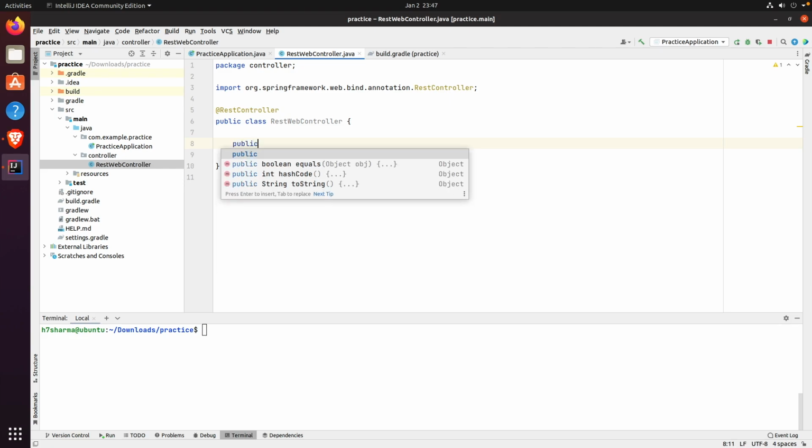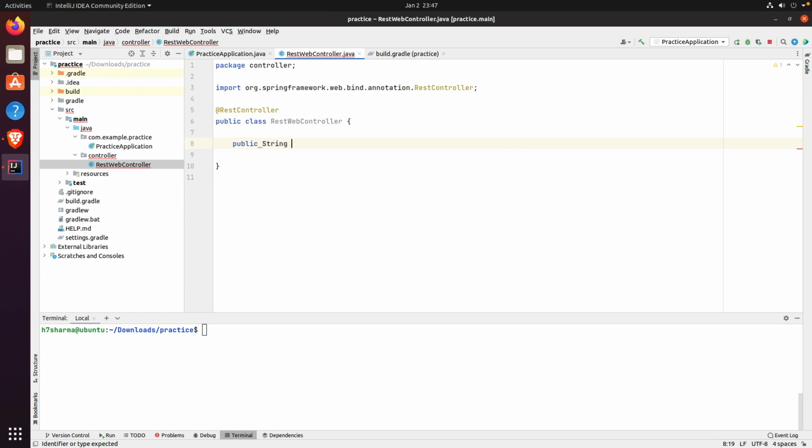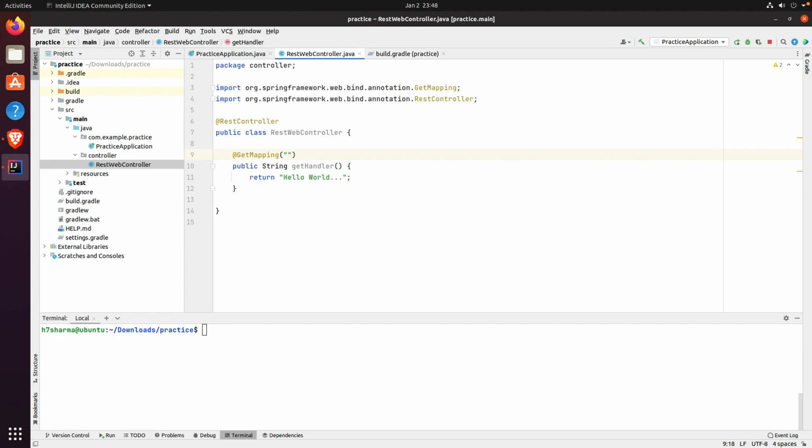We will create different methods, and let's start with creating a get handler method which will return a hello world response. And since it's a method we want to listen for get mapping, get requests, so we will annotate it with get mapping annotation, also specifying the path it needs to listen. So we expect this method to listen get data,